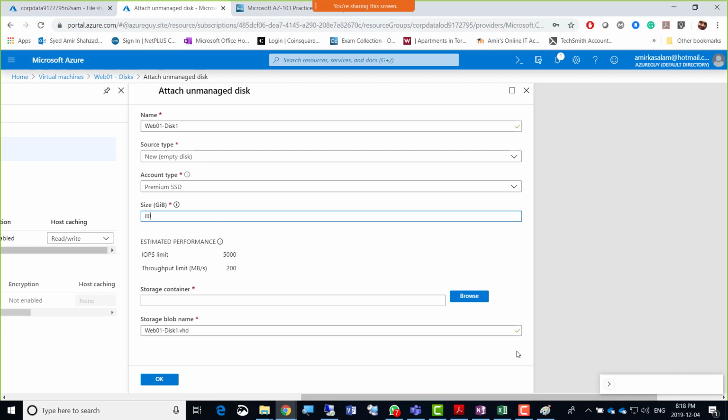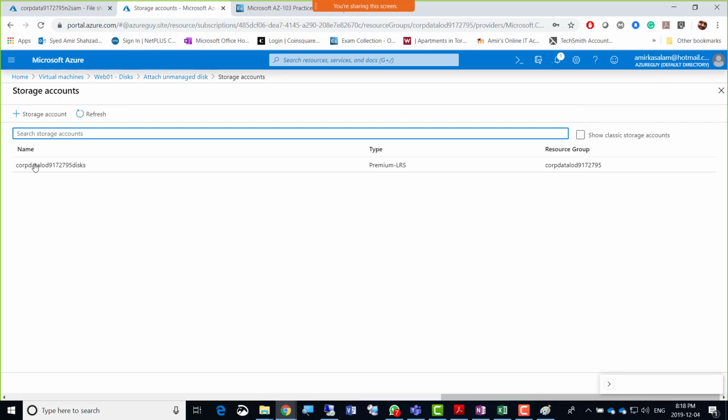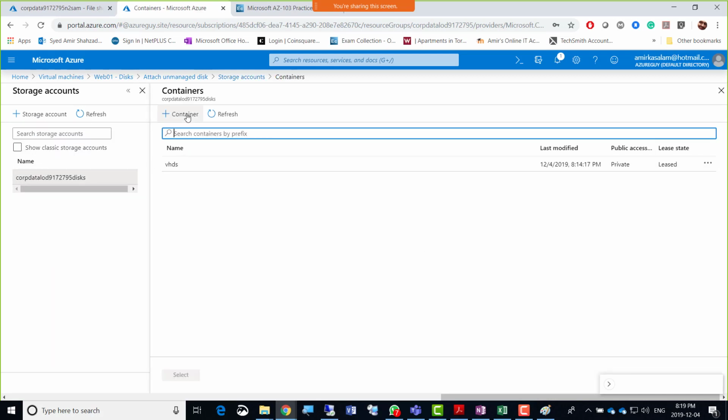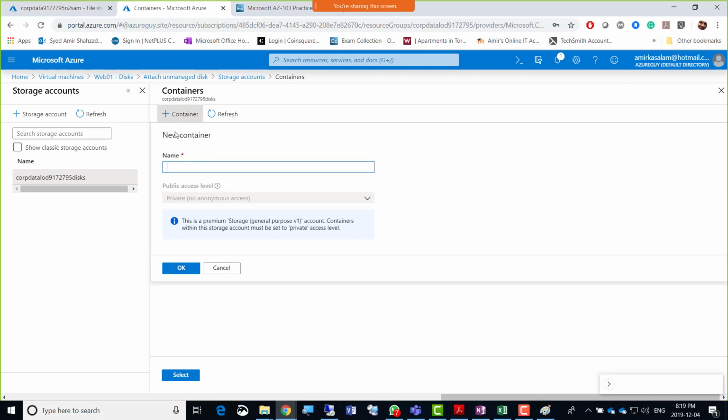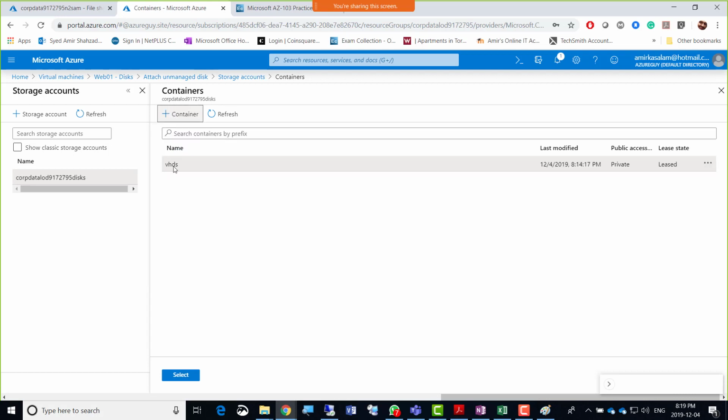do we have that disk, right? If we go to browse, it is expecting, hey, where is that disk, right? So if we go to storage account, there is a storage account here, and in that storage account, there is a container VHDs. Actually, I have a VHDs container here, and I'm not sure why it is there. But we can just click that. Well, we don't have to create a container. So definitely,